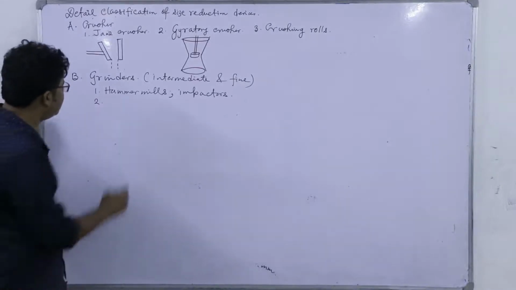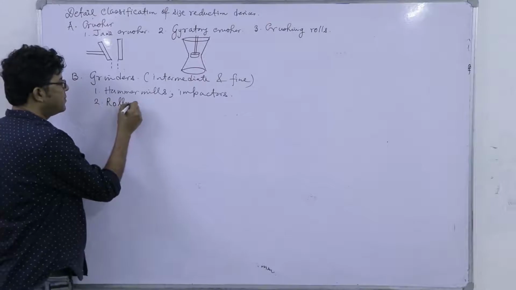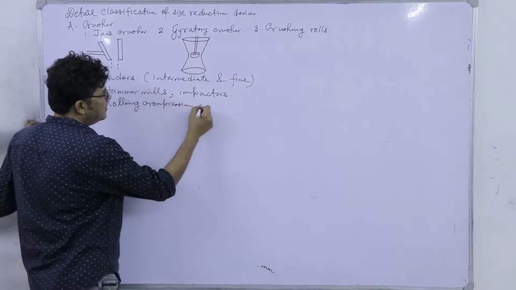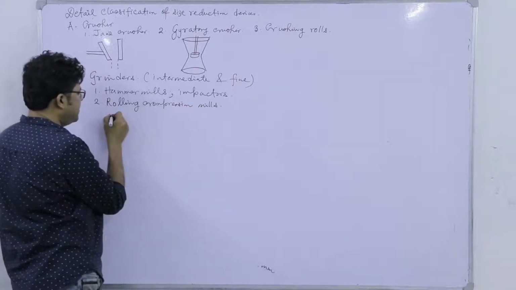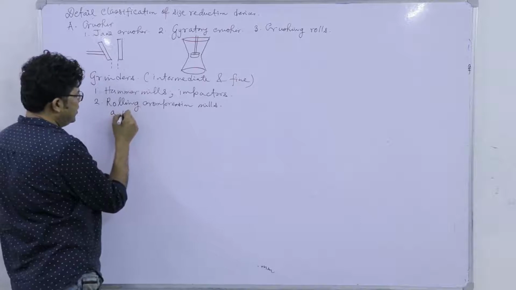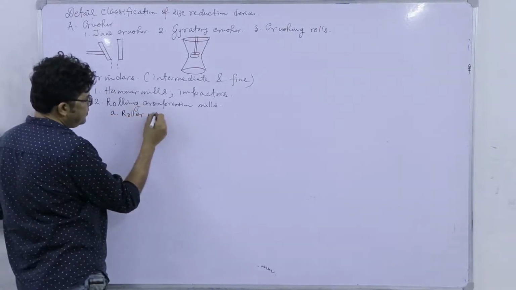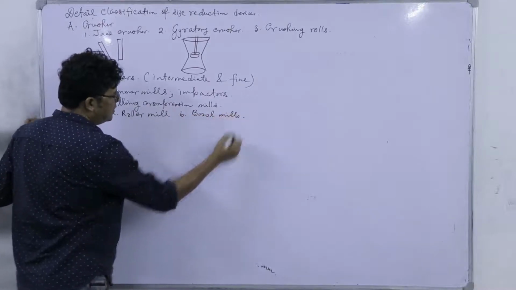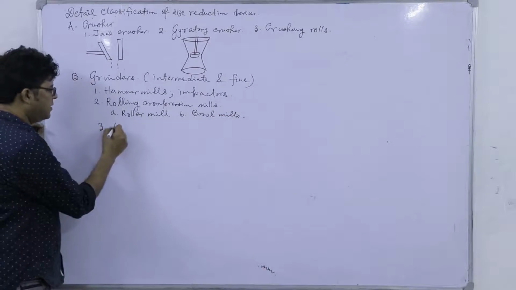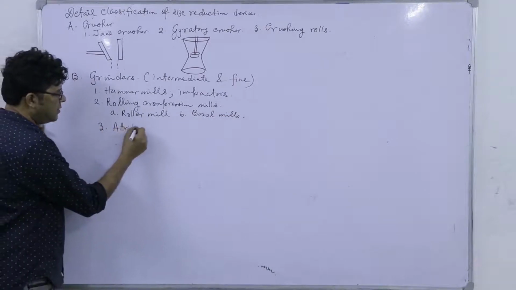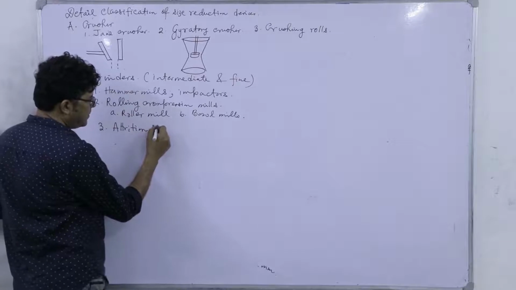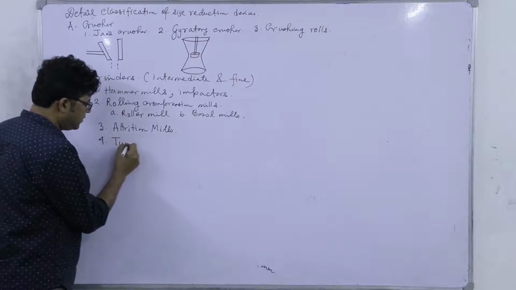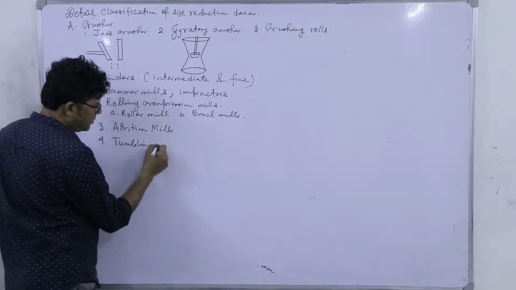Hammer mill, rolling compression mills. Here we have these roller mill, ball mill. These are the names. I am not going into the details. 3, attrition mill. 4, tumbling mills. This is very common, and that we will also discuss,